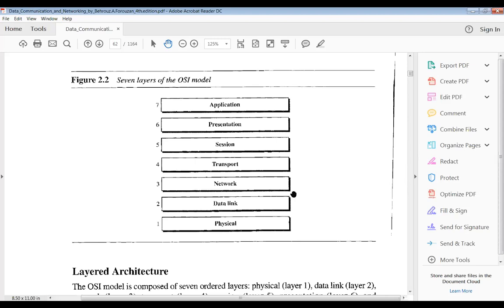And the next one is the physical layer. Then what about the physical layer here? The name itself indicates that only the hardware devices will be there. Those hardware devices are responsible. Whatever data you get from the data link layer, when it comes to the physical layer, it is converted into bits, that is zeros and ones.